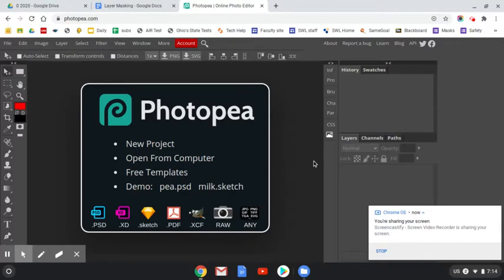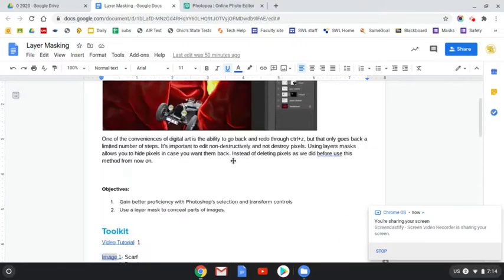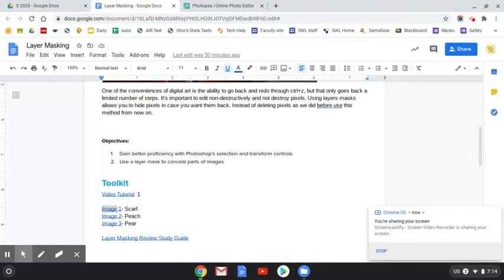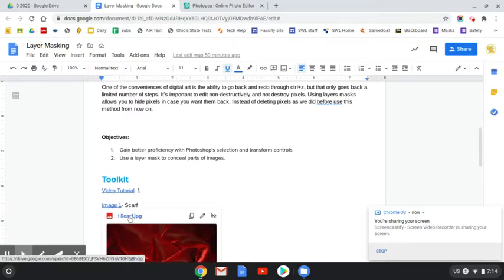When you first open Photopea, you might have a large box that says like, hey, this is Photopea, just hit OK, and it should bring you to this screen. From here, you want to go back to the lesson document, and you want to download these three images. So you want to click image 1, click the scarf JPEG,